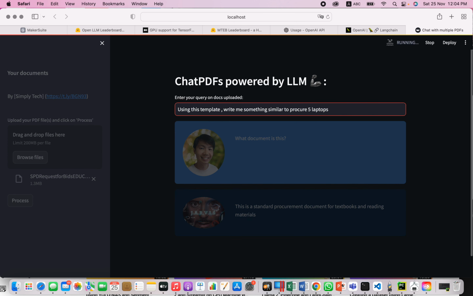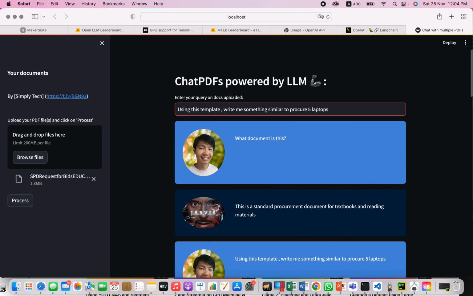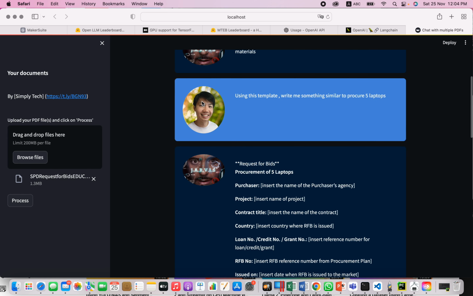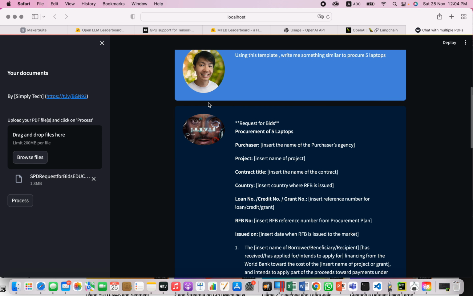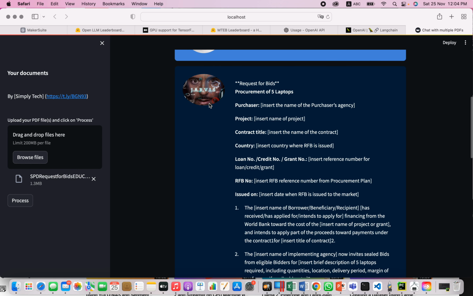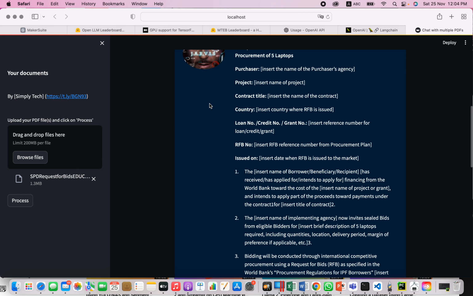Let's see what the ChatPDF app comes up with. Okay, so it has gotten something like this: request for bids, procurement for 5 laptops, with the template that it has analyzed from the request for